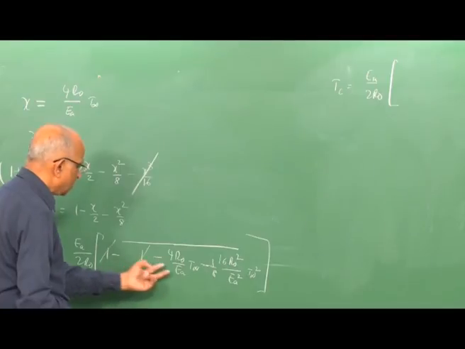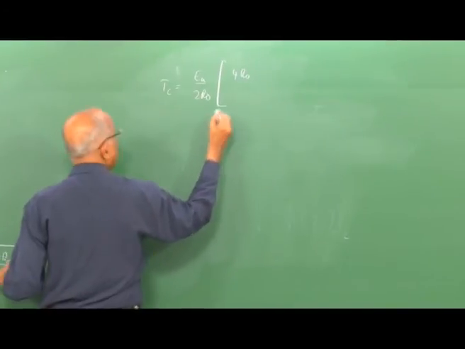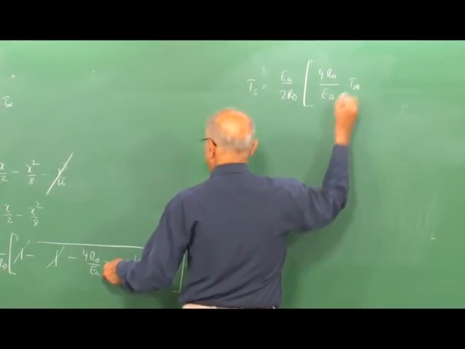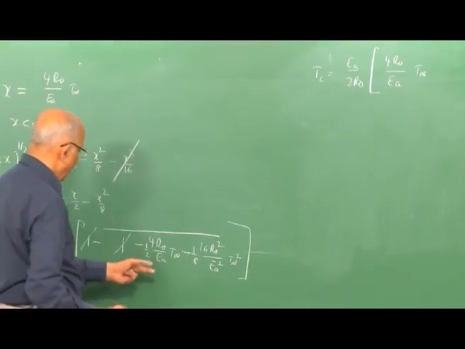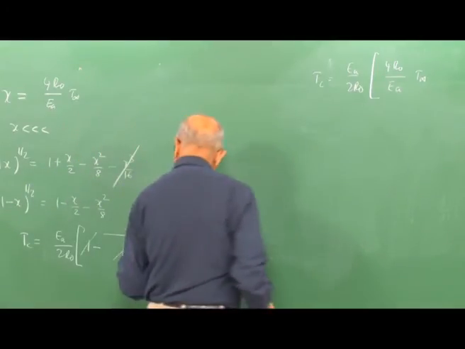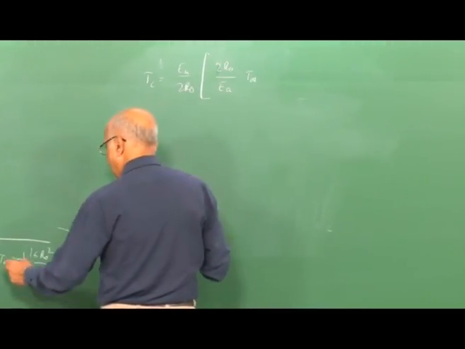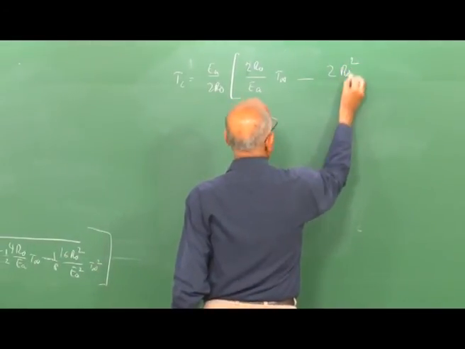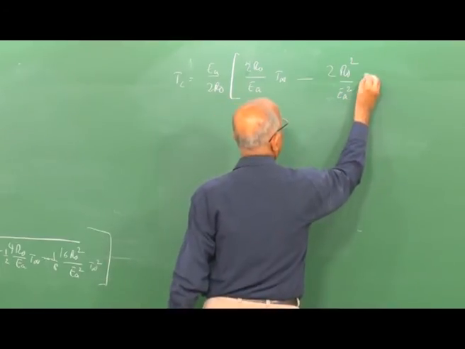Now, I have minus and minus becomes plus, I have 4R_0 divided by E_a into T_ambient, and mind you, here I should have had x/2, another 2 over here, and therefore what is it I have, x/2, and here I have 8, therefore 2 and 2 get cancelled, plus that means 2R_0 over here, and I have 8 2s are 16, 2R_0² by E_a² into T_ambient²,